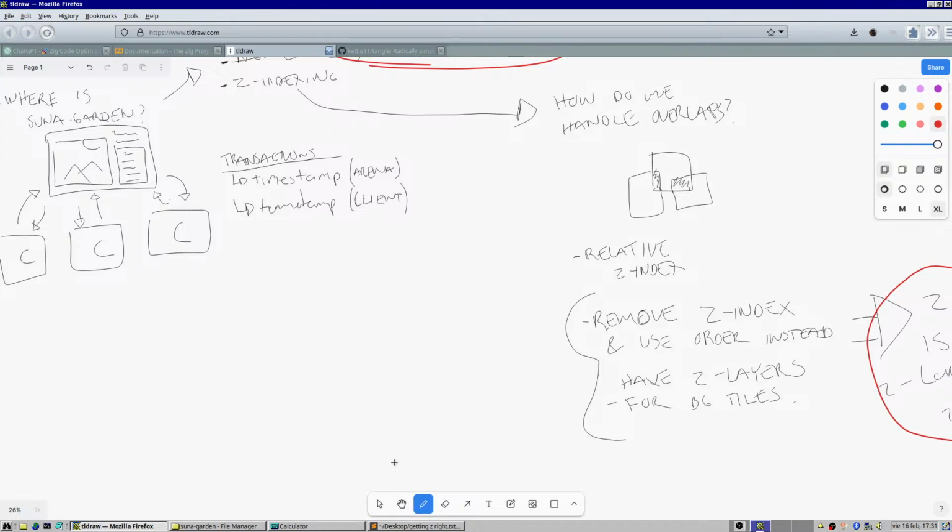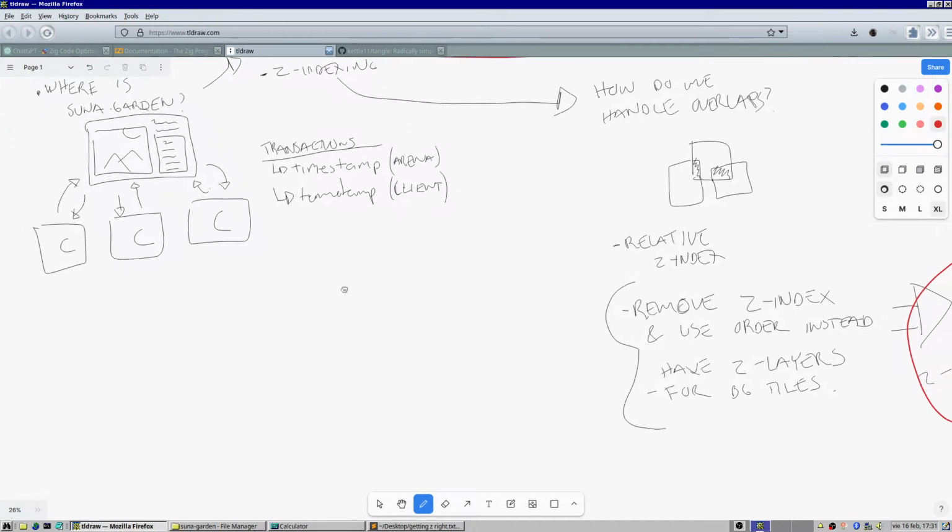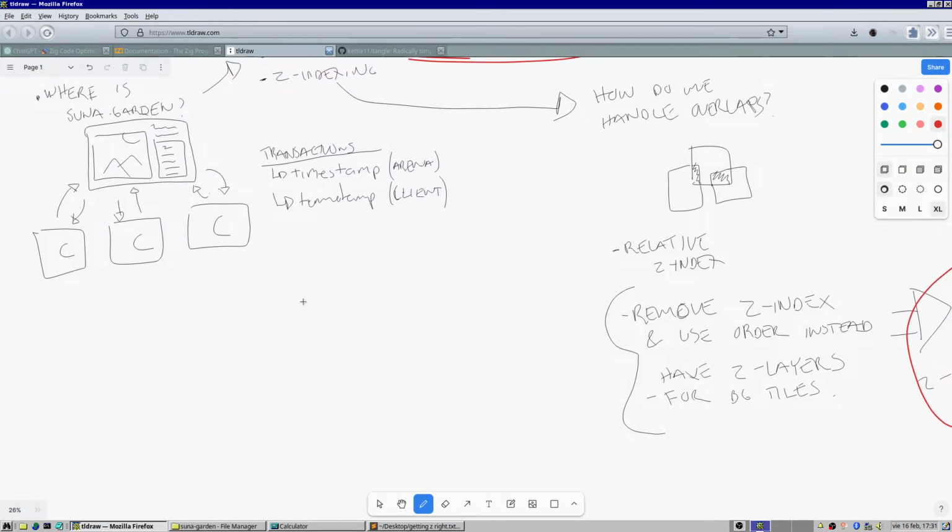I would actually say that I think it's gonna be more like local gardens. And it's a simple